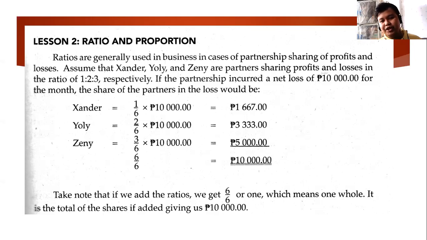Respectively, if the partners incurred a net loss of 10,000 pesos. So, syempre, aalamin nila kung ilan kasi net loss. It doesn't mean na pag ikaw ay net loss, ay luging-lugi ka na. But you can recover it for the next year kasi nare-recover naman ng mga losses. If naging maganda yung takbo, eh sabihin na natin na mas marami yung cost, madami yung expense, hindi masyado doing well yung business, improvement para kumita yung business for the next year. So they are going to do is